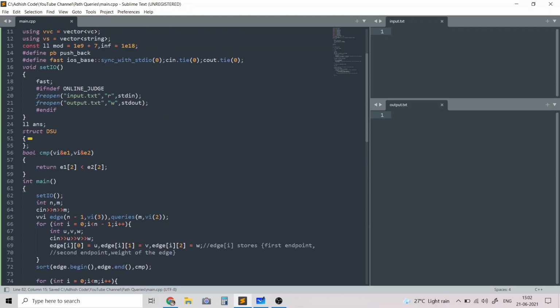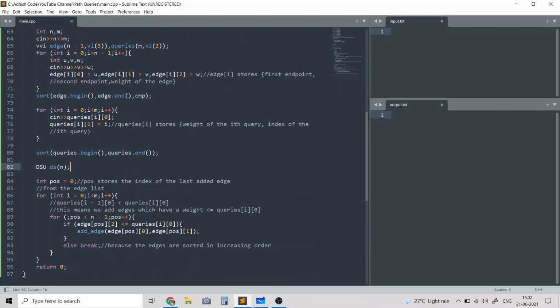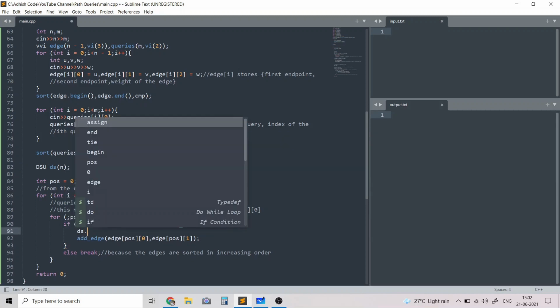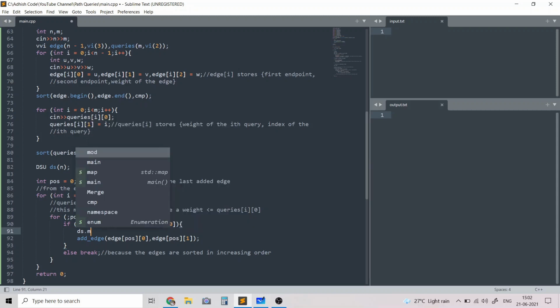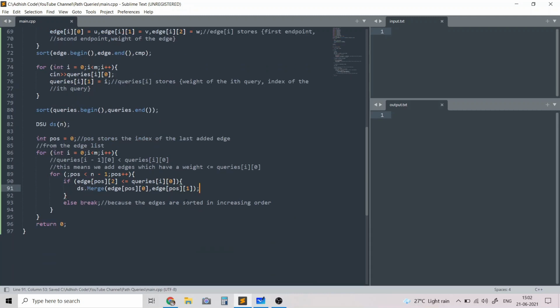So this is basically going to call the function to initialize the DSU variables, and then add edge is essentially going to do the following. It's going to call merge on edge of pause of 0 and edge of pause of 1, because this is what adding an edge means, merging the connected components at the two endpoints of this edge.